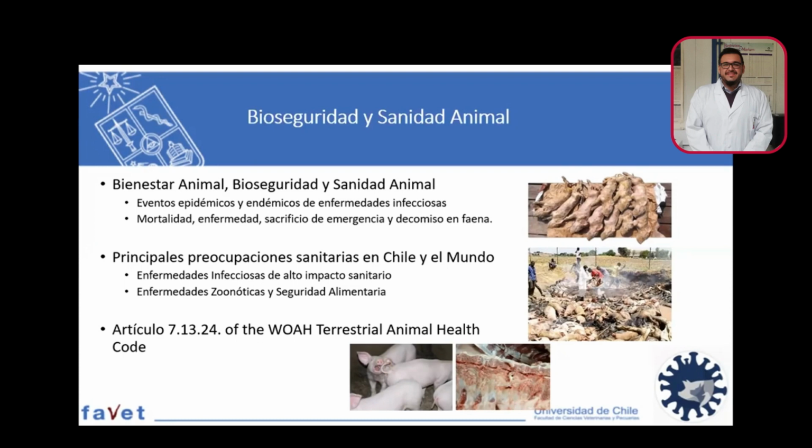And here we have some examples of how biosafety and animal health can generate great losses in the swine industry. For example, this is an image of the swine epidemic, the outbreak of 2013 to 2014 in the United States, which even caused 100% piglet mortality. What welfare are we conducting if we have 100% of piglets dead? Emergency slaughter in outbreaks of African swine fever. And finally,